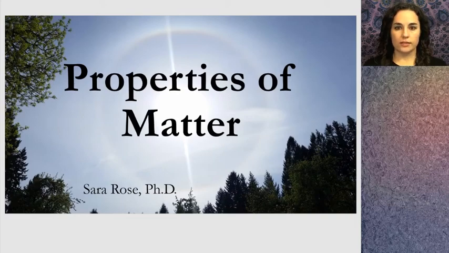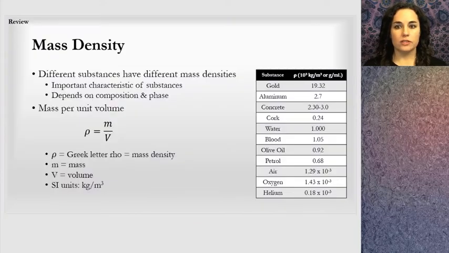This is a quick lesson on properties of matter I wanted to cover as we head into the unit on fluids. The first is a review of mass density. We'll be working with mass densities as we look at fluids. Mass density is represented by the Greek letter rho, and it is the mass per unit volume. It has SI units of kilograms per meter cubed, but often you will see it given in grams per centimeter